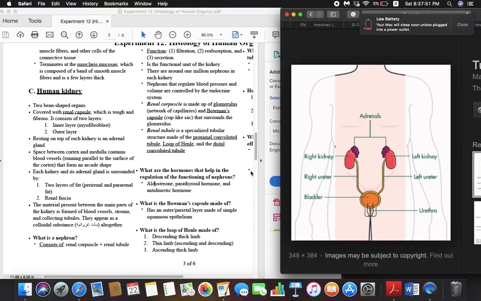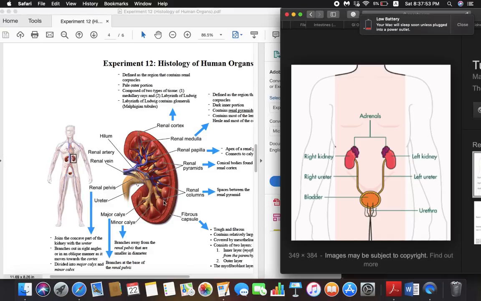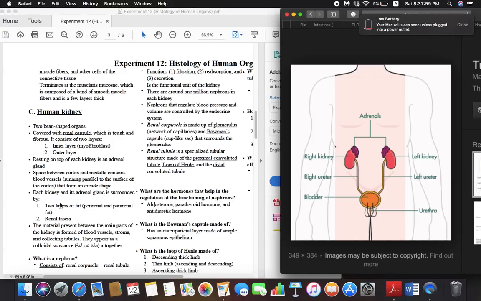And the space between the cortex and the medulla, right here, consists of two layers of fat, and blood vessels running parallel to the surface of the cortex that form an arcade shape. Each kidney and this adrenal gland, so this whole structure right here, the kidney plus the adrenal gland, is surrounded by two layers of fat, and these layers of fat are perirenal and pararenal, as well as something called renal fascia. We don't need to know what these are, we just need to know that these layers surround both the adrenal